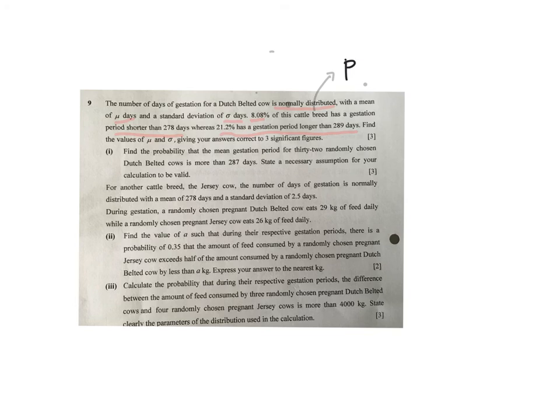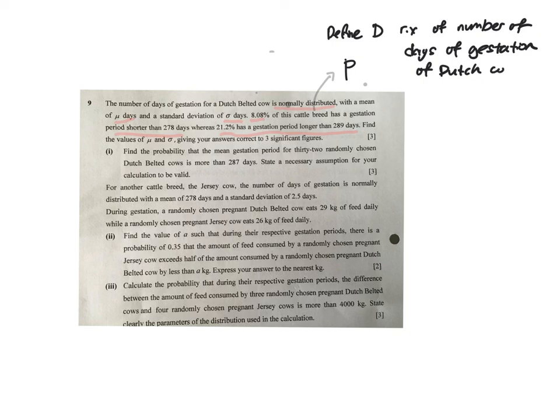So you need to define some sort of random variable. Most of you are able to define a random variable. Those who didn't define, you actually get one presentation mark deducted. Just very informally, you need to define maybe D as a random variable for the number of days of gestation of the Dutch cow. You can define X, D, or G. A lot of you didn't put the Dutch cow, you just put gestation. Actually I didn't penalize you,